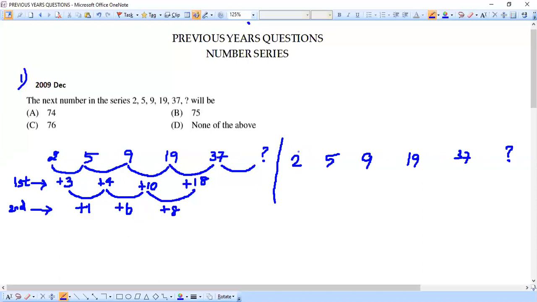Let's now try to use the next test, which is through multiplication. See here, we previously tried with addition. I took the first difference, I took the second difference. This didn't help us much. So let's try doing multiplication now. So start from the first term again. So 2, I have 2. Now say 2 tables. In 2 tables, which number comes closer to our 5? This we have to note.